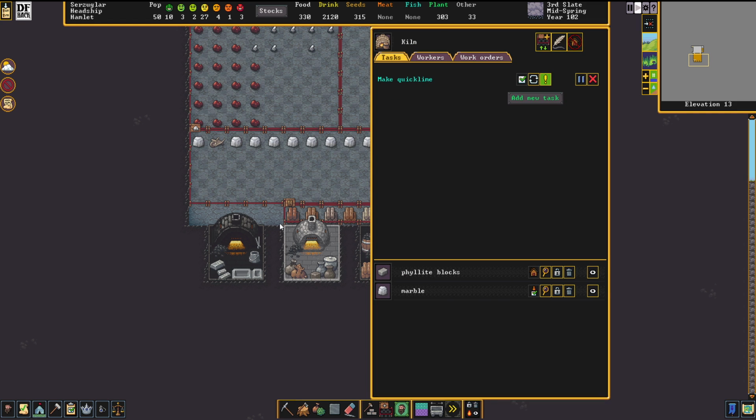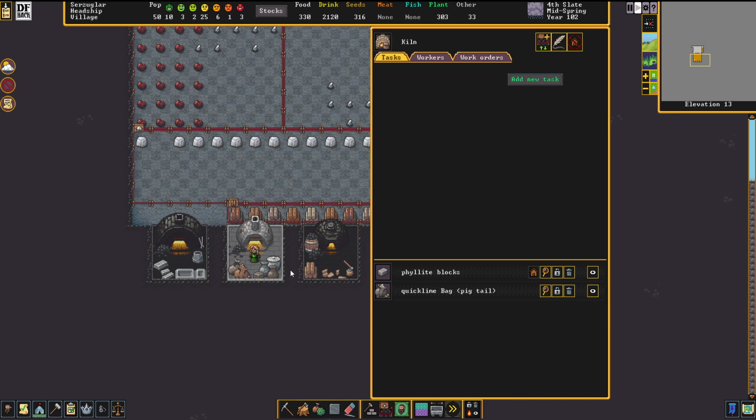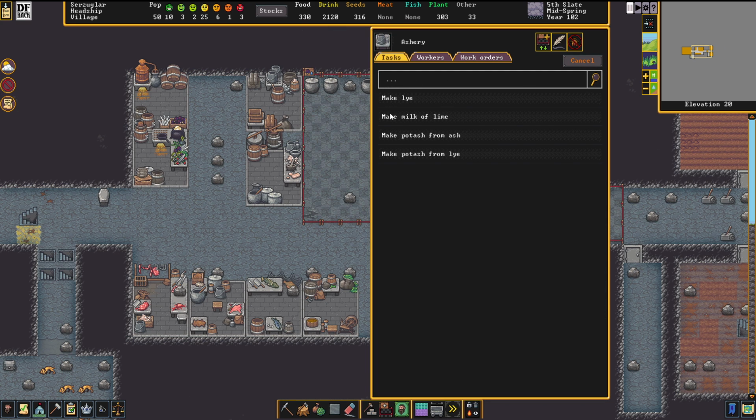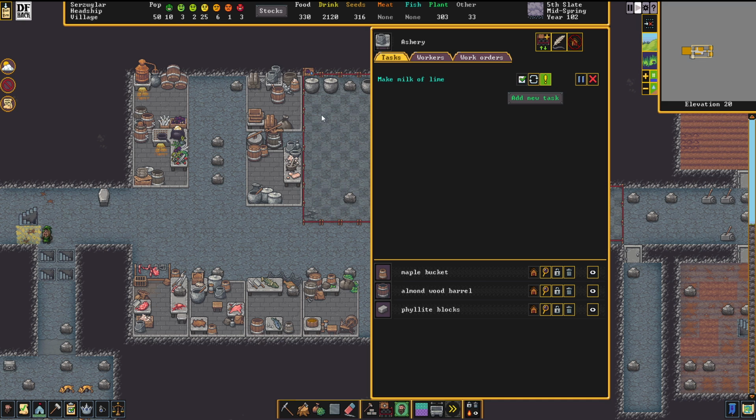Before this can be used for the parchment production though, the quicklime needs to be transformed into milk of lime. And that's being done at the ashery. As soon as this thing here is done, that is. Let's give our lady here a second. And we go upstairs to the ashery, and here we now can make milk of lime. So this process again requires a bucket. Practically everything at the ashery requires a bucket,